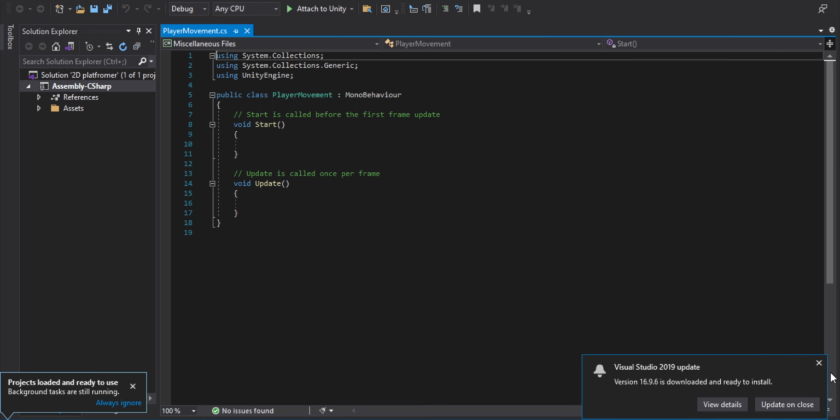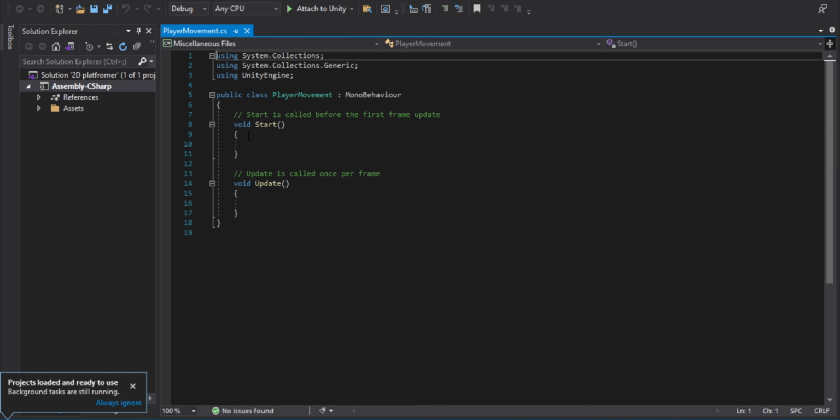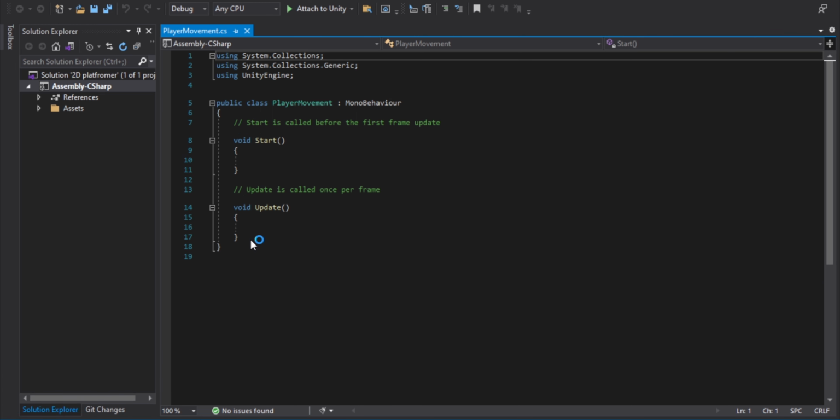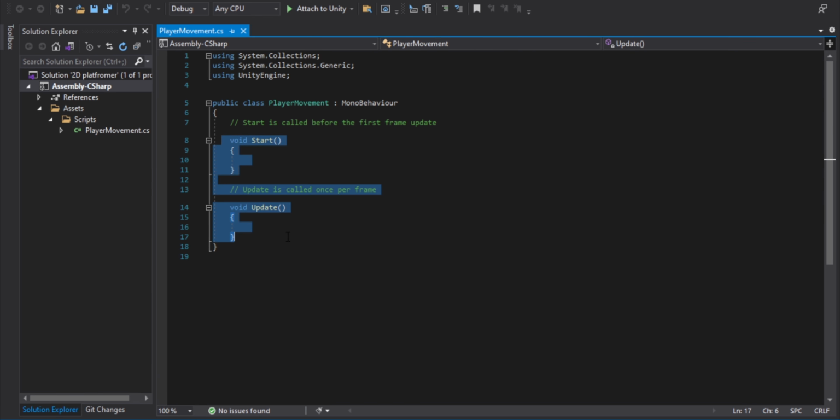Now, it might seem scary at first, like what is going on here? What does using mean? What does any of this mean? It doesn't make any sense, right? I get it. It might seem confusing, but right now you just have to ignore most of the stuff. Right now, what we want to focus on is these two functions, void Start and void Update. So, let's take a look at Start first. Start is called when the game is started. At the first frame of the game, every code that is in these curly brackets is going to be executed.